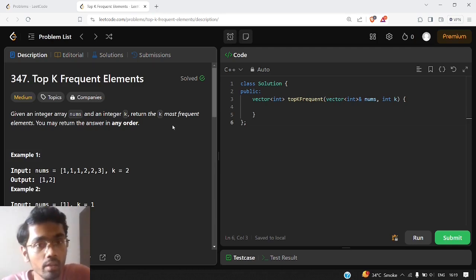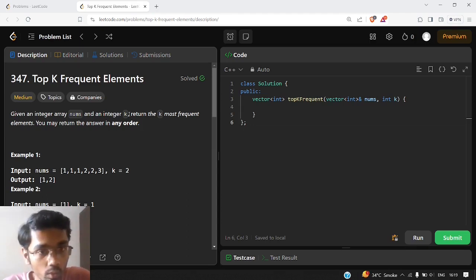So the priority queue or max heap arranges these elements in such a way that in case of a max heap the maximum element would be at the top. Now in case of a min heap the minimum element would be at the top. Since we need the maximum frequency, we'll keep the frequency in our max heap, and it will automatically arrange such that the maximum frequency is at the top.